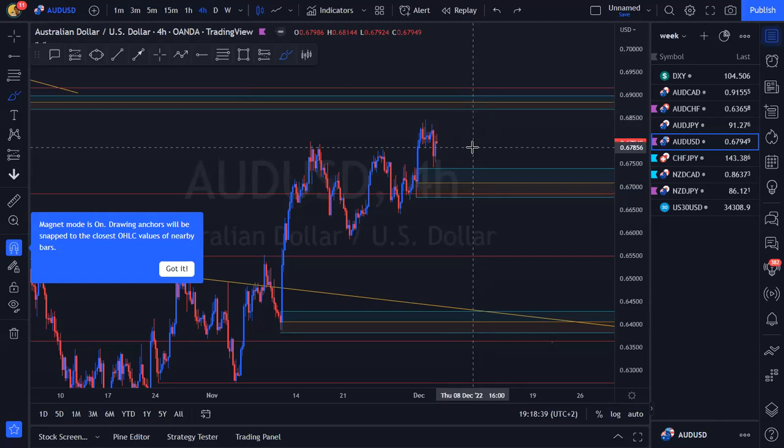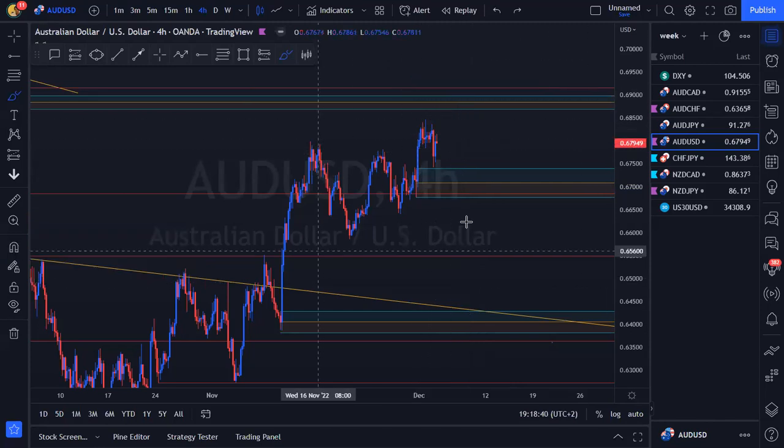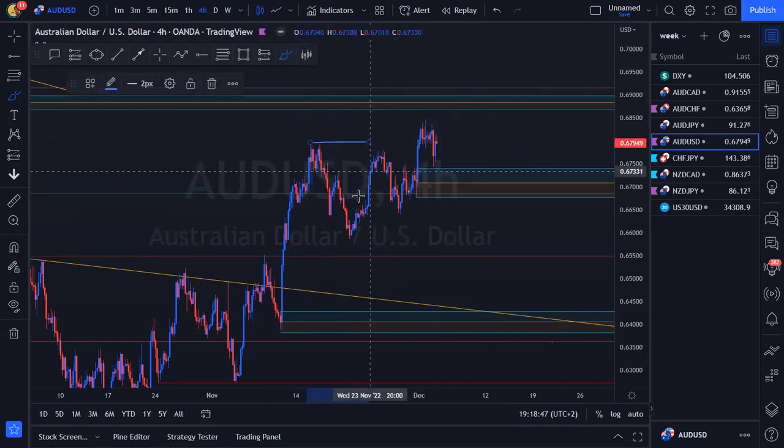If we look at the 4-hour, let's just delete all of this nonsense. If we look at the 4-hour, we can already see there's some corrective price action going on here. We've got an extreme high. Obviously, price action gave us an extreme low. We came up, we created a lower high, but it doesn't really matter whether it's a lower high, we don't care.